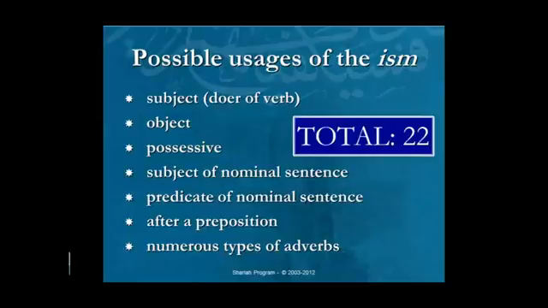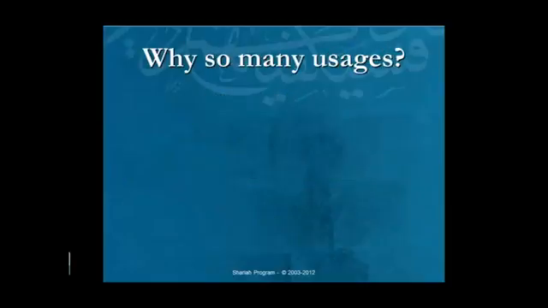And the total, so now the question is, what's the total? Okay, so we've invalidated 3, so what's the total? The new total now is 22. Okay, so number 1, why are there so many? So let's get some idea. What are the factors that contributed to this number being so large?